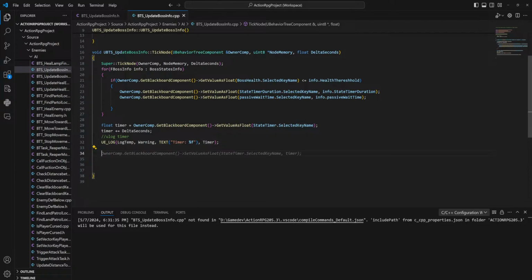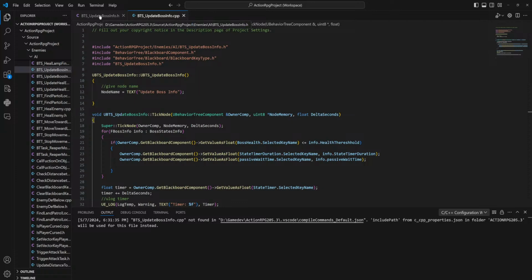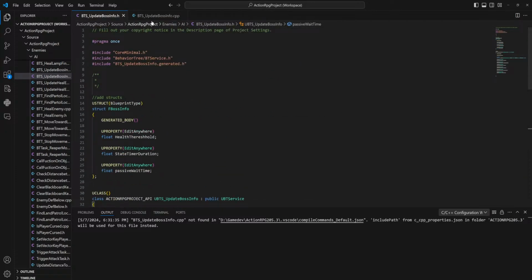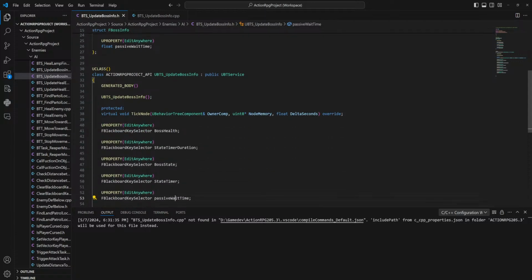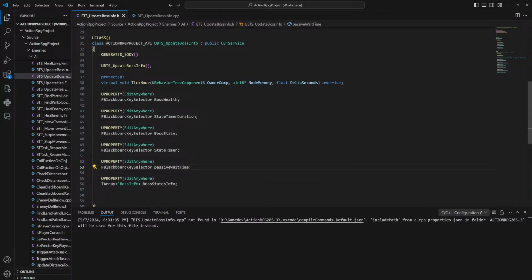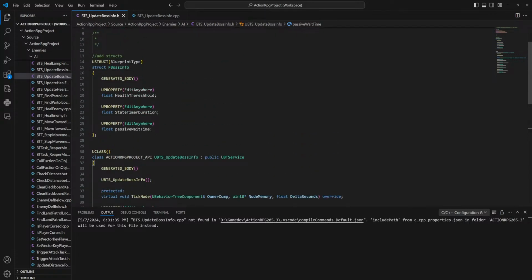Okay, we need to include the boss state, which is a very good question. Where did we actually store that? Okay, we can find this.